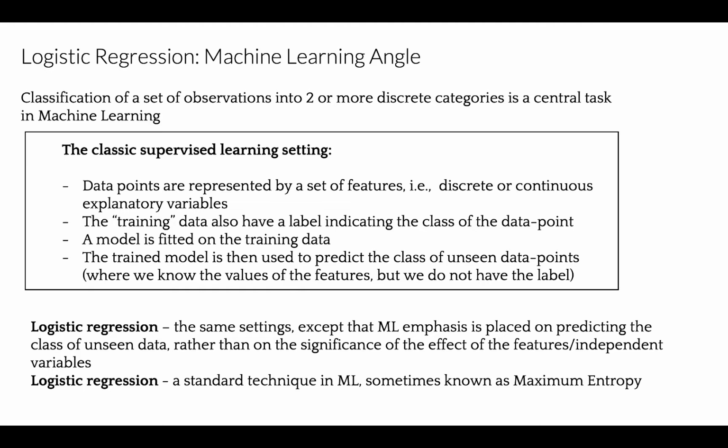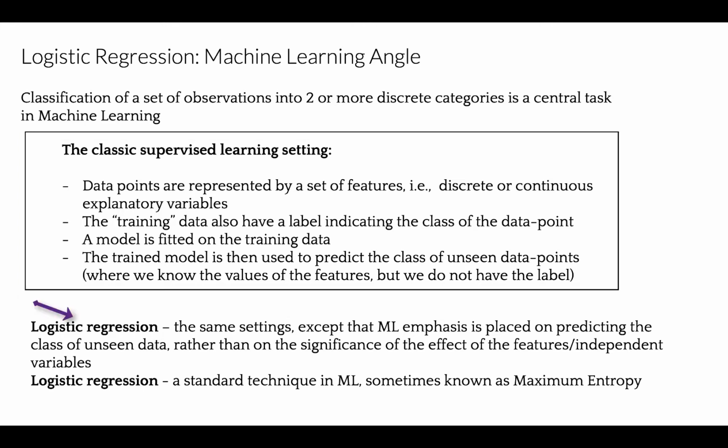Let's compare logistic regression with the classification problem in machine learning, and you'll see that both are very similar. Classification with a set of observations of 2 or more discrete categories is a central task in machine learning. In classic supervised learning settings, we have data points that are represented by a set of features, discrete or continuous. The training data also have a label indicating the class of the data points. A model is fitted on the training data, and the trained model is used to predict the class of unseen